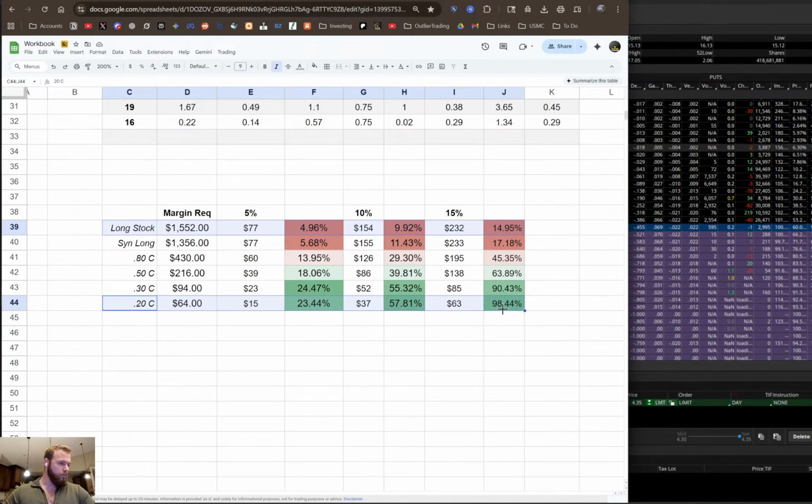Brain says delta times spot divided by option price gives you your leverage factor, more or less. Sure. I wouldn't do it that way, but that's close enough. I don't think that's inherently wrong, but I think it misses and probably confuses the point again in terms of what leverage is.